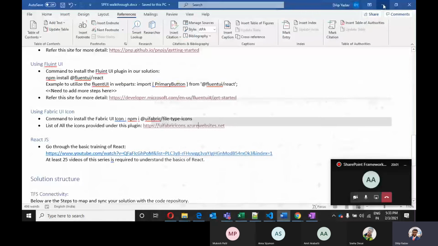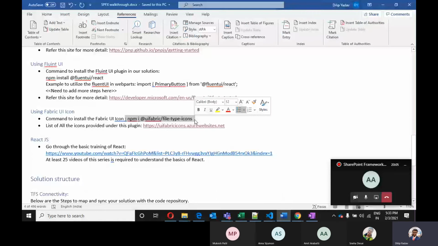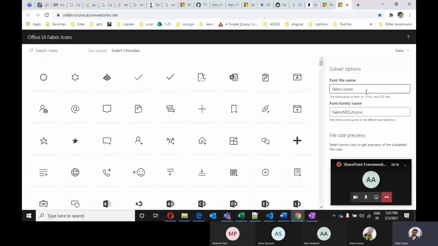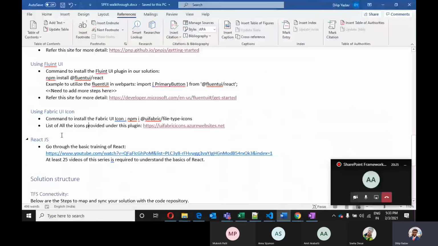To utilize this, we just install this in our solution, then import it in our web parts, and use the controls which have been provided by them. We can simply get the controls and utilize them in our application wherever we need some icons. Any queries with this?